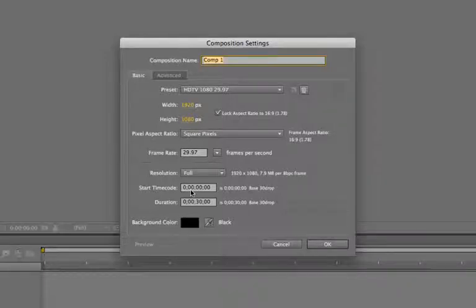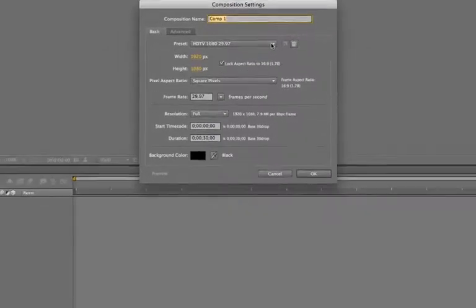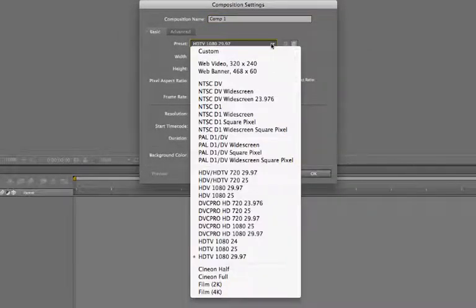You can see that the default composition setting here is for HD TV widescreen, running at 29 or 30 frames per second. Let's just call that 30 frames per second. This is an American standard. We're going to change this to suit our UK standard,